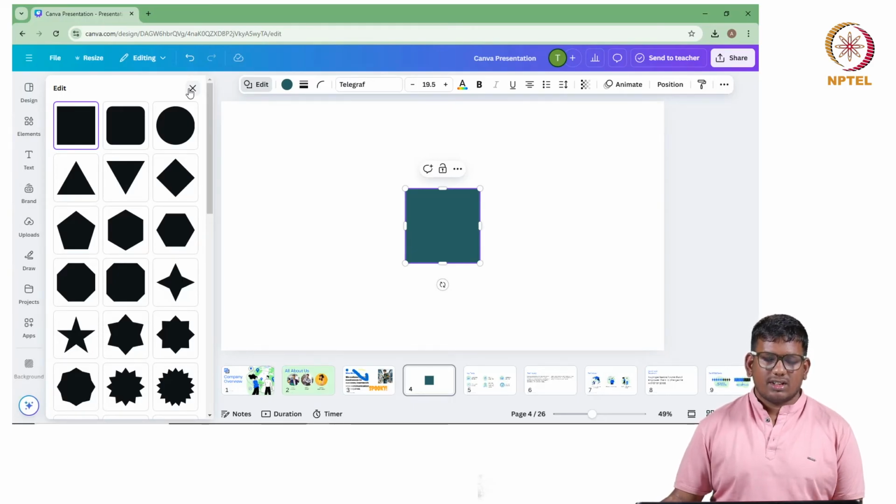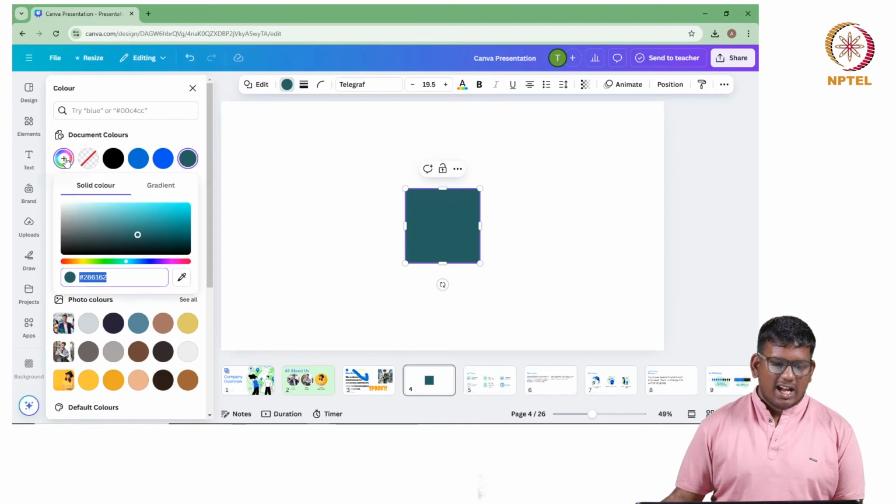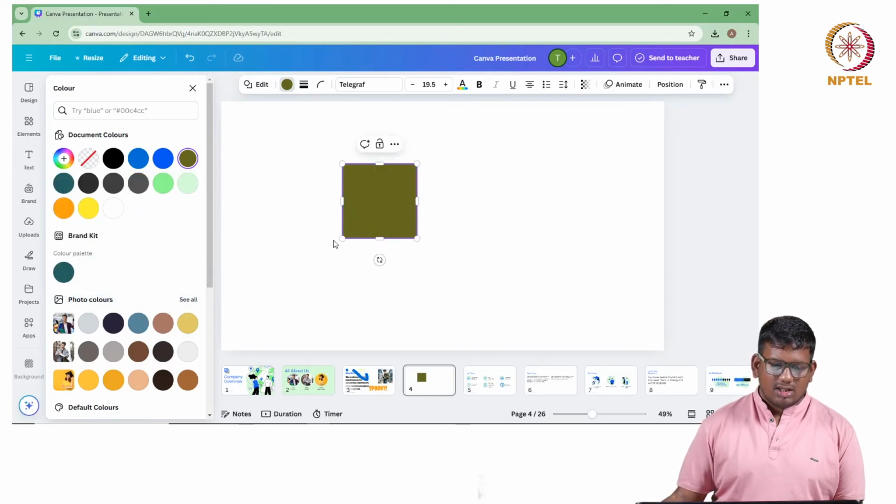If it's a graphic, a different type of graphic, then you have different editing options. Then you can change the color also. Here you can have the document colors, the colors from the document that I'm using right now. It already has green and blue, so it's everywhere. Then you can give it no color, or you can add a new color based on your preference. You can add a hex code here, and you can switch the color to green, yellow, blue, or something like that. Then you can express it here, and test it out.